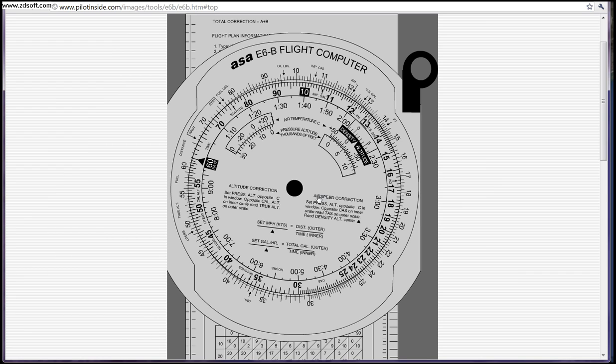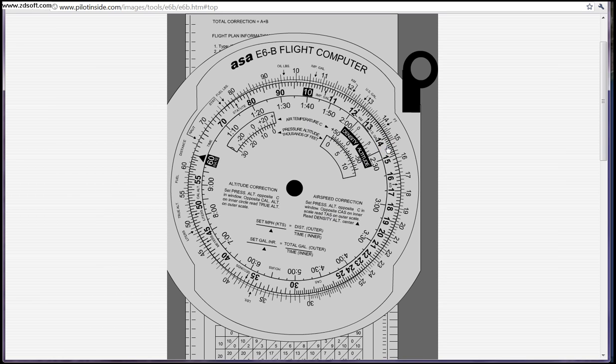Okay, so what we'll do is we'll find our E6B. It says right here, airspeed correction. It says set your pressure altitude opposite Celsius in window. Opposite calibrated airspeed on inner scale, read true airspeed on the outer scale. So we have our air temperature and we have our pressure altitude, thousands of feet. So all we do is we line up our temperature from the winds aloft with whatever the pressure altitude is going to be. So we've got 0 degrees over 6